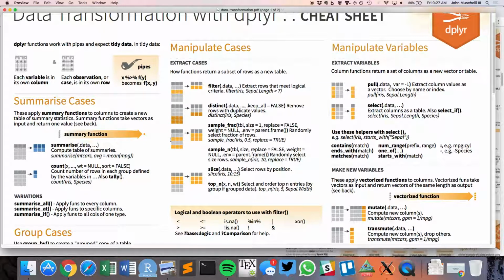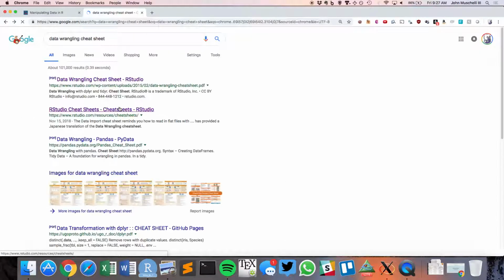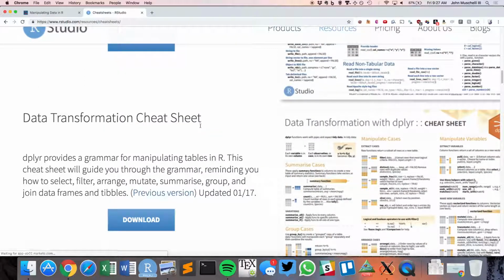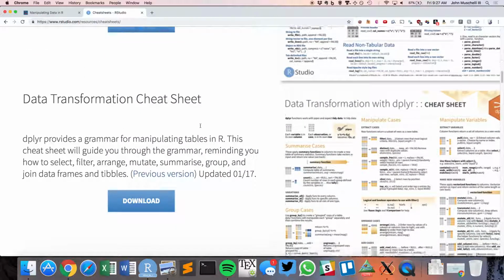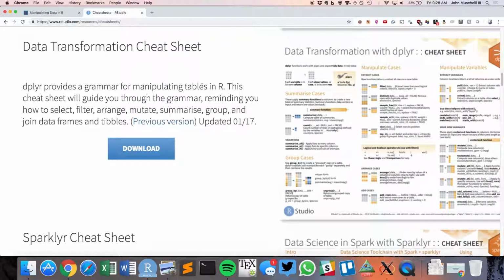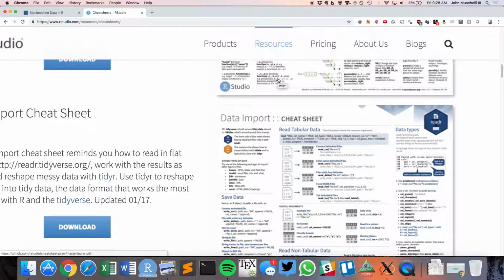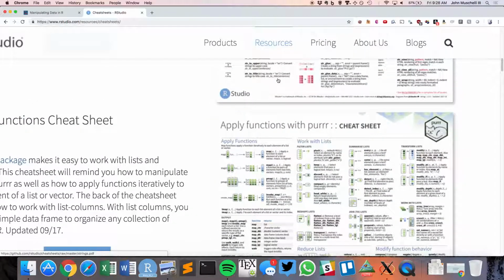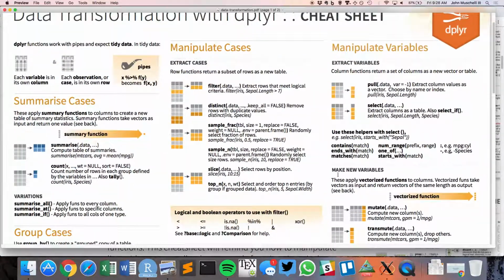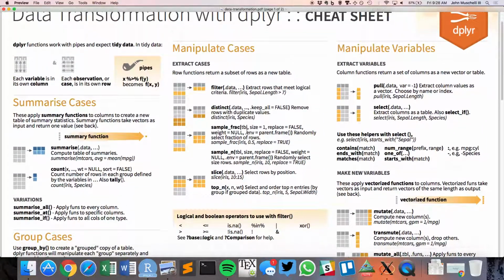All right, so why don't we go over part 4? If you just Google RStudio cheat sheets, there's a whole bunch of them, and they're really, really good. They're things that you could pin up in your office. Might not be a bad idea. We have links to the data wrangling cheat sheet. There's a more updated one called the data transformation cheat sheet in dplyr. There's a whole bunch of them: data import, lubridate, purrr, stringr, how to work with dates, all that kind of stuff. This is the data transformation one,